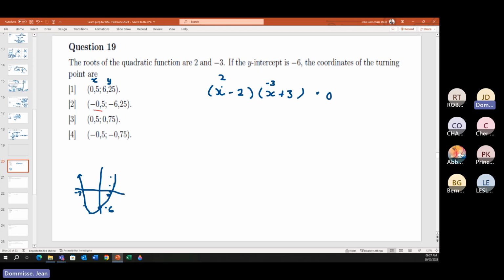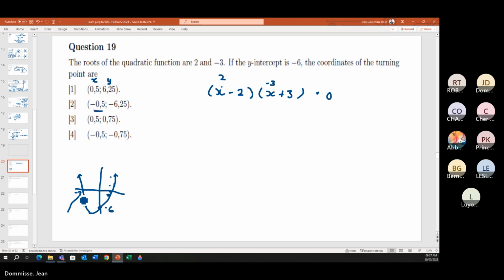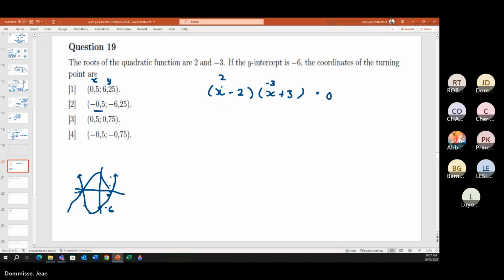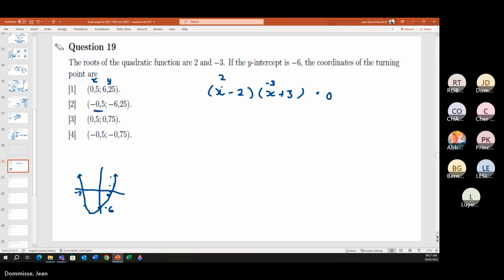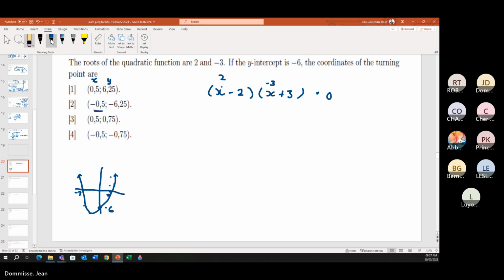So that might be the one, but also if you look at it the other way around. Let me just draw this better. So if we wanted it to go this way around,